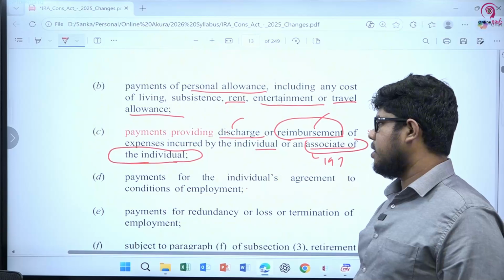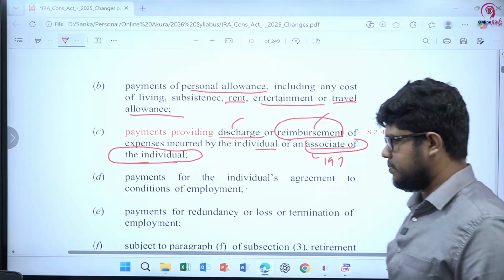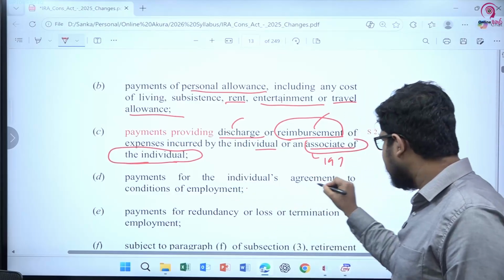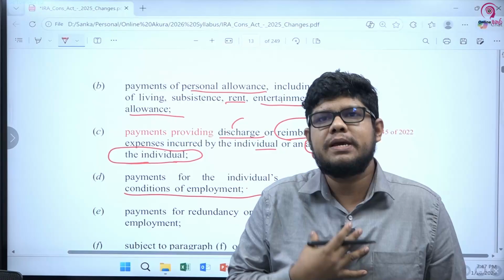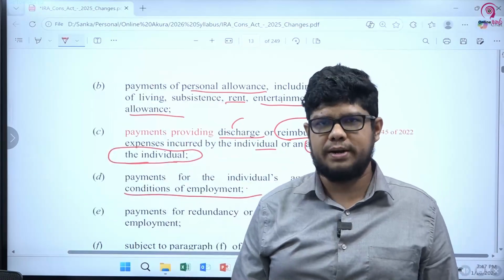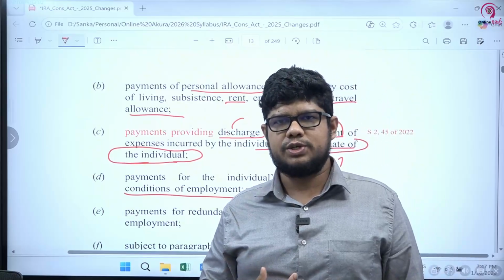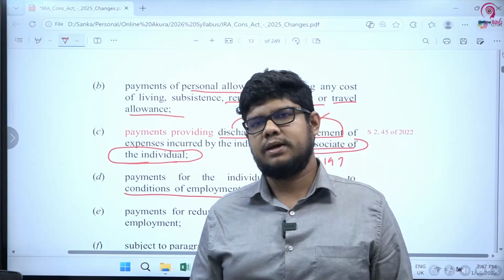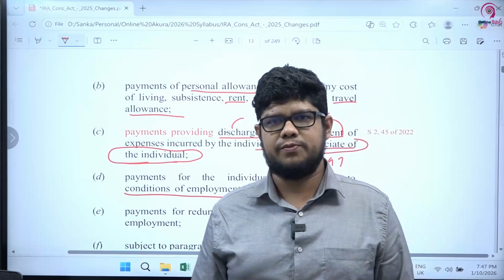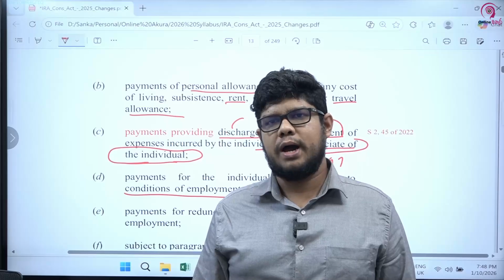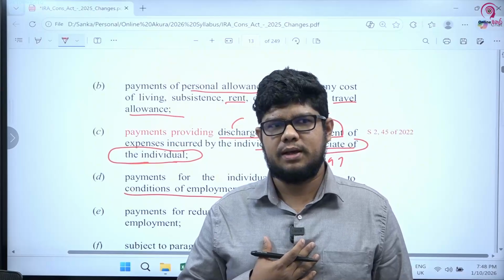Understand it properly. Payment for the individual's agreement to condition of employment, right? So what does it mean? Payment for the individual's agreement to conditions of employment. So an individual employee will be agreeing to some condition in the employment. So for that condition you are getting a benefit, right? So that's another employment income source, right? Income category. For example, let's say your employer wants you to stay at the company for another 5 years at least, right? Forget about 5, let's say